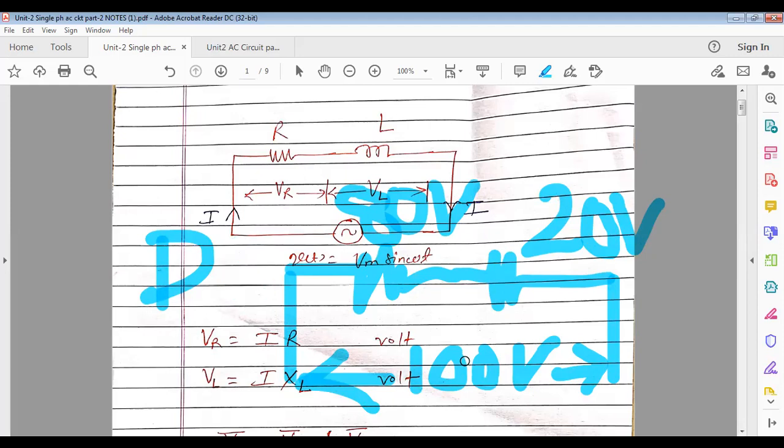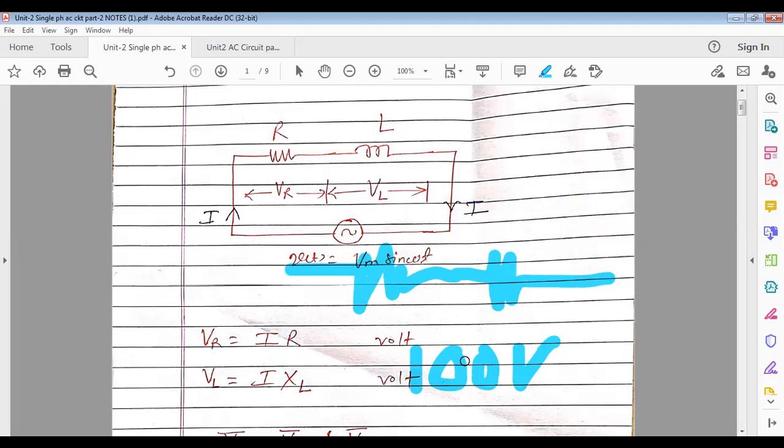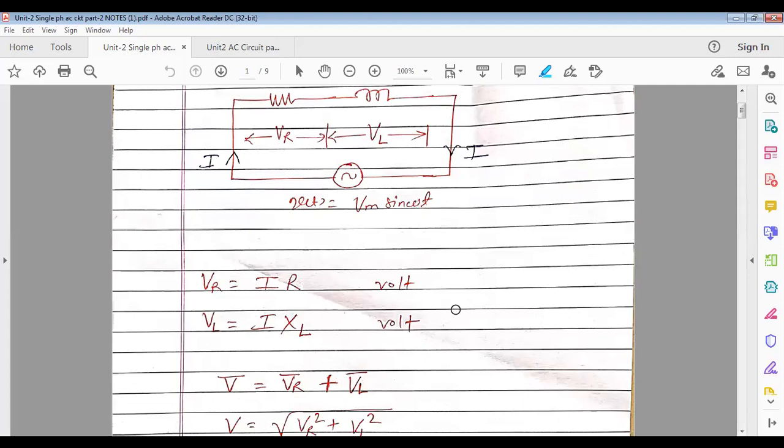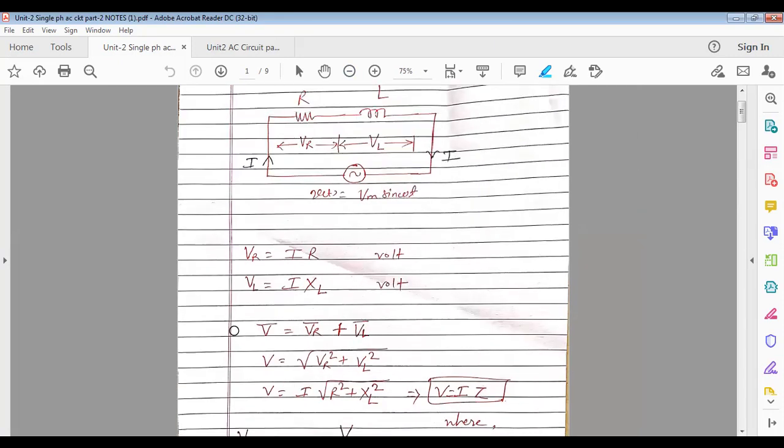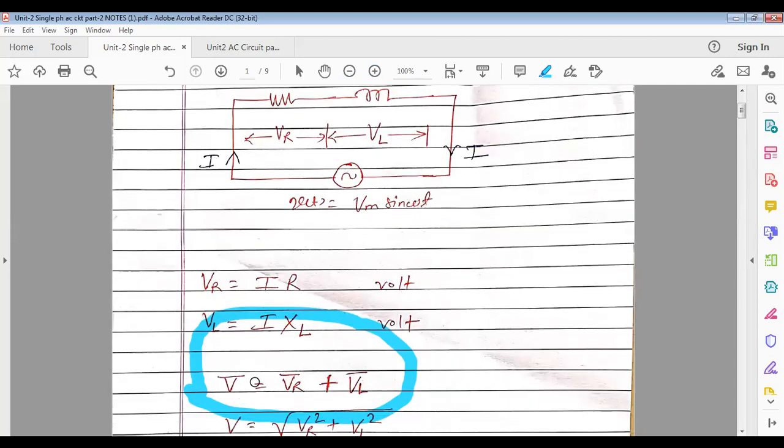But what about AC? Magnitude and direction continuously change. So this KVL equation for AC doesn't get satisfied only in terms of magnitude. Magnitude and angle both you have to consider. Got it? Whenever I write for AC, total applied voltage is equal to VR plus VL. Here I have mentioned RHS and LHS as equal. When will they be equal? When you are considering magnitude also and angle also. Only in terms of magnitude, RHS and LHS will not be equal. Got it? You have to consider both magnitude and angle.